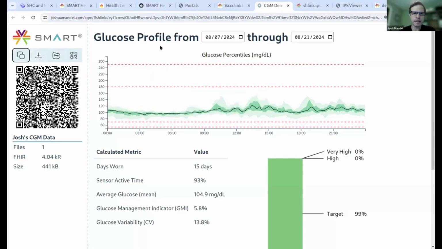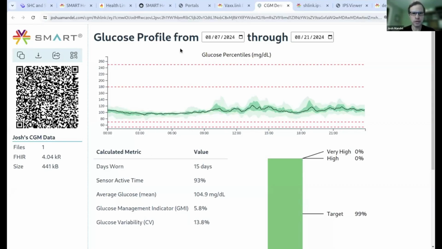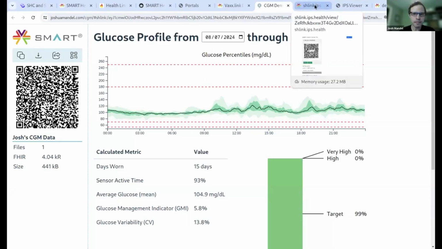And the important thing is that health links are designed to be computable in this way. So it's not just taking somebody to a website where they can see an overview. The overview is nice. It's an important fallback. But the real goal of Smart Health Links is that if you've got a health IT system that knows about FHIR observations, and I share this link with you, you can import or process those observations in any way that you see fit. You never have to look at this web page. You never have to open a web browser. You can do that entire process just using a backend script that downloads this link, follows the data, and decrypts it. So this web view is really just a fallback.